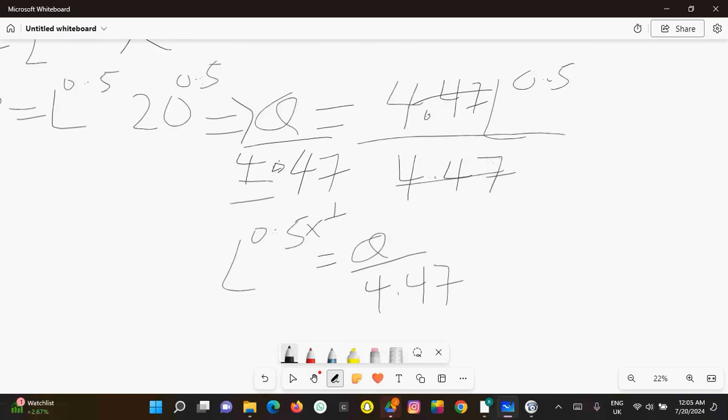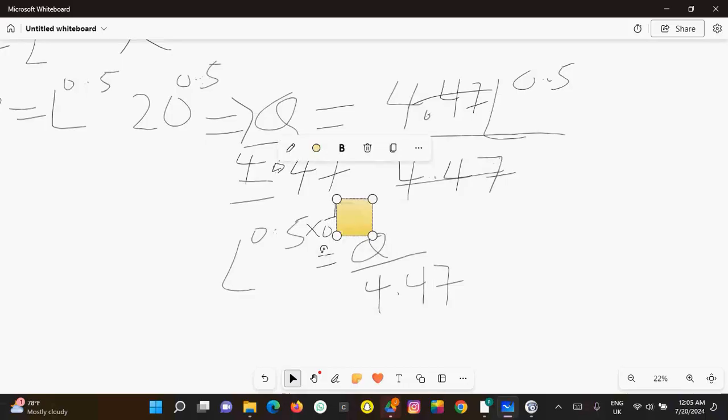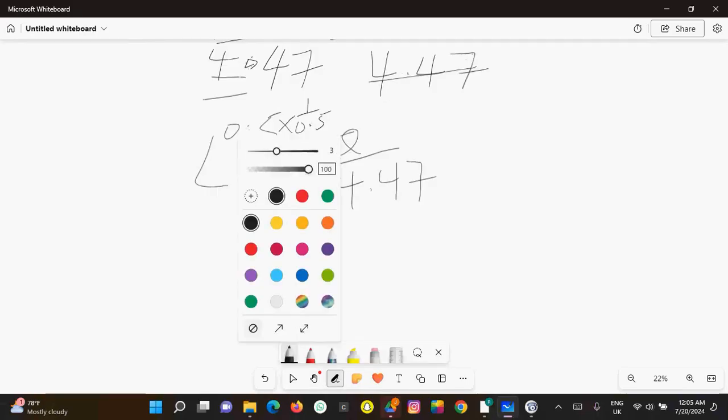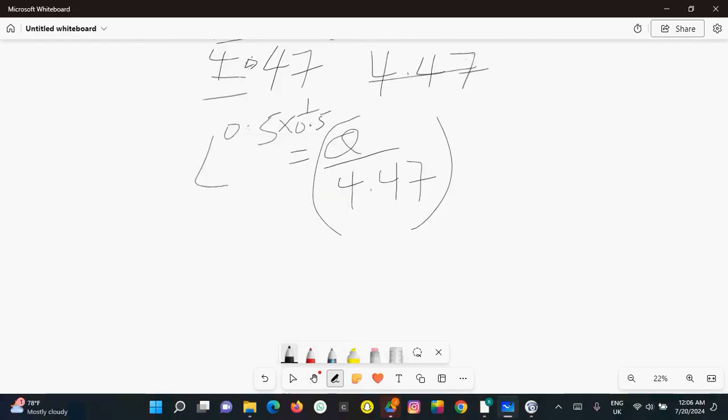L is still not standing, so you have to do something to eliminate the 0.5. So times 1 over 0.5. Remember, this time around it is positive, so it will not be negative. So this is cancelled, and L is equal to